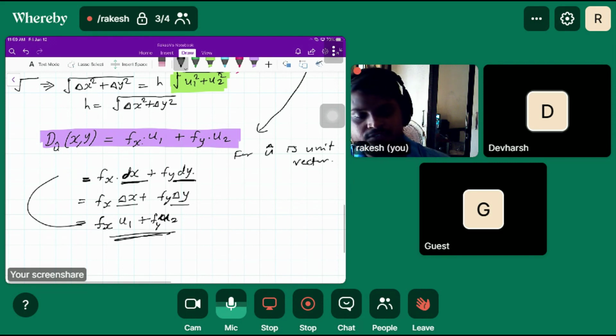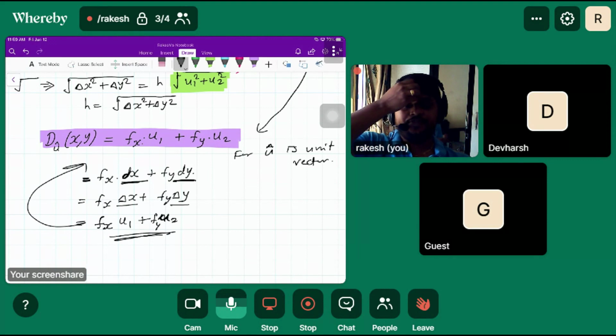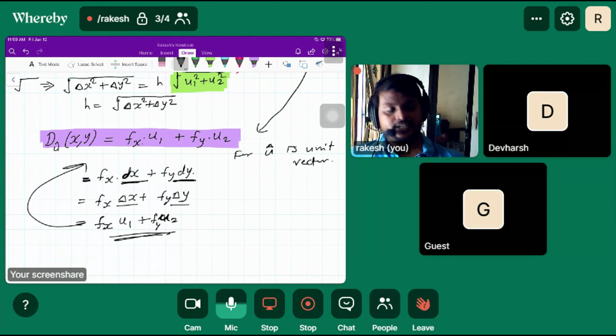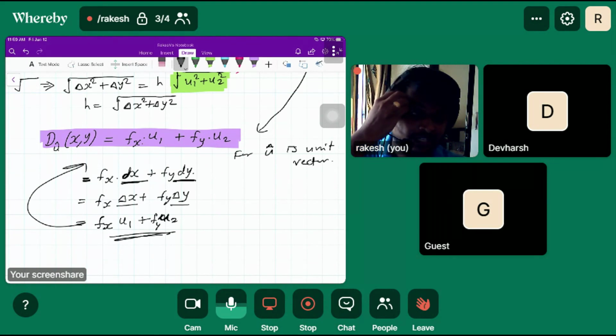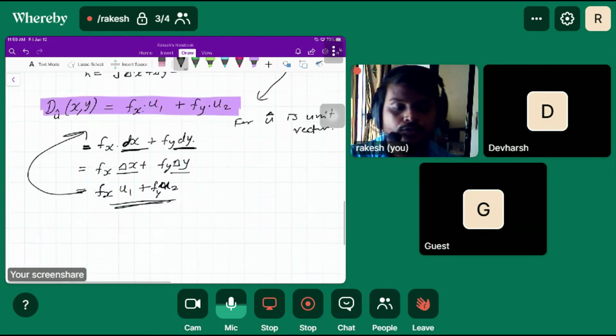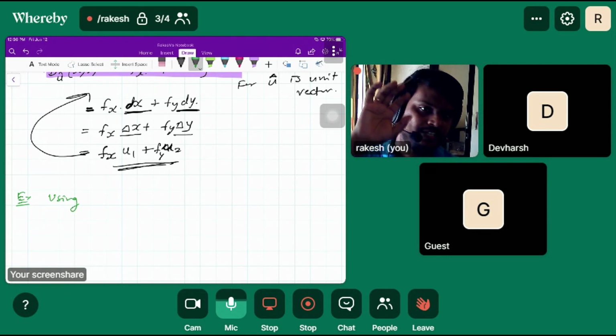So you can see that the formula is here, which is called the directional derivative at x, at a point. You can understand this as the first principle we have seen, for 2D. So write the question without wasting time. Write the question. Did you understand this theory? Did you understand it properly?